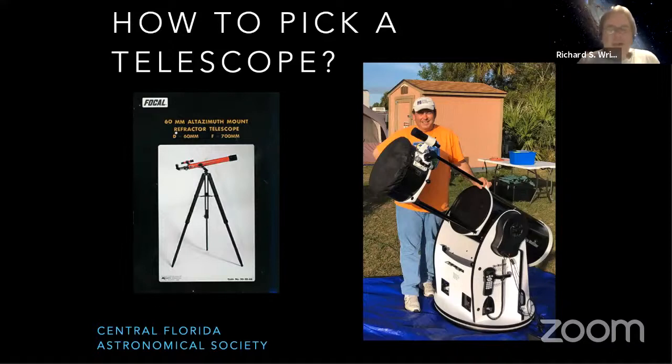We have myself, Richard Wright, and Derek Demeter, Frank Kane, Eric Hoyne, and Lynn Ward, along with some other contributing members from the society who are on Zoom. Those of us who are mainly presenting and talking have been involved in amateur astronomy for many years, in the astronomy club for probably decades for some of us, and been on the board of directors in one role or another. Some of us here have been on the board in every conceivable role at one point in time. And so this public webinar is going to be just kind of an open forum discussion about how to